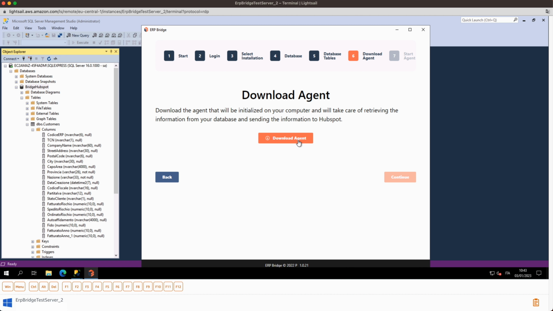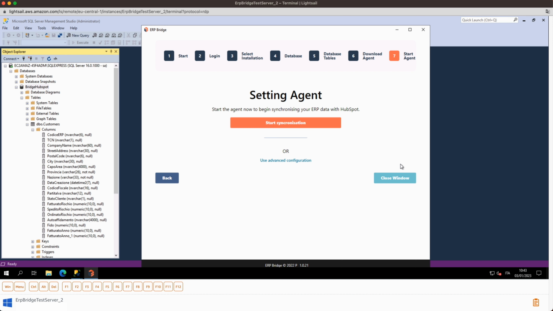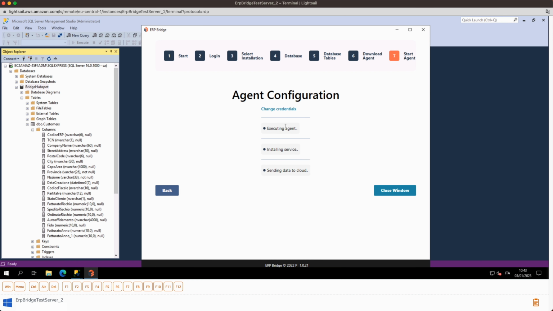This is the piece of software responsible for sending data to the cloud, according to the privileges and configuration we've set in previous steps. Once the agent is downloaded, you must start it. You can start synchronization or use advanced configuration to operate a custom behavior. The agent is now set and running, and this part is done. We will move on and return to